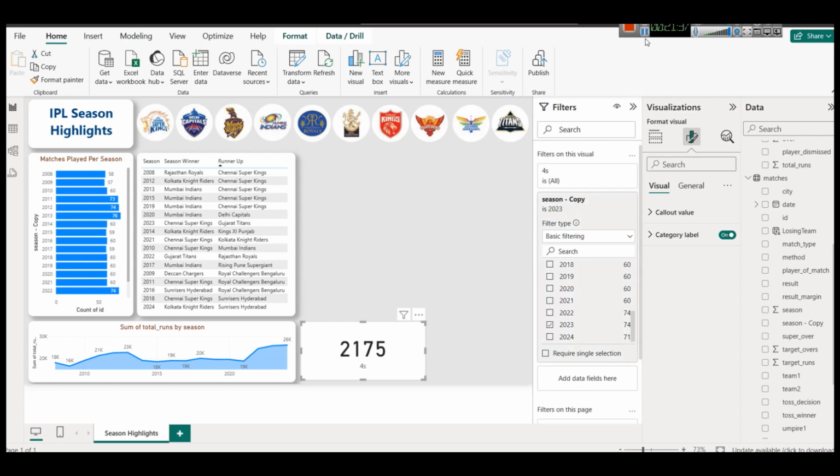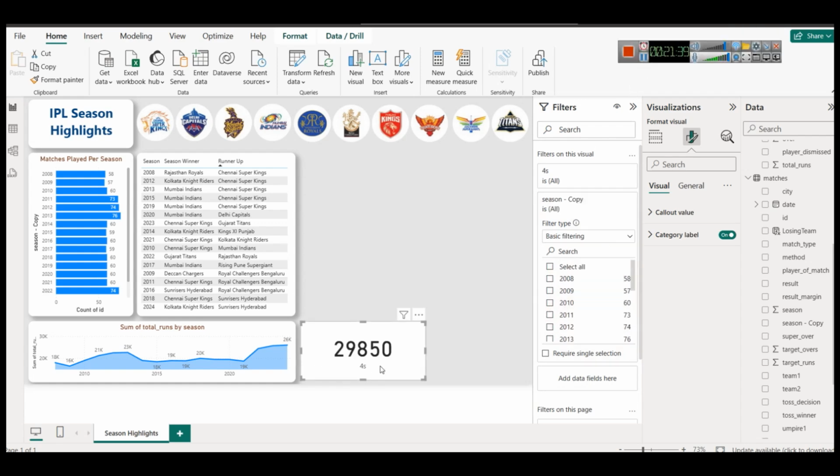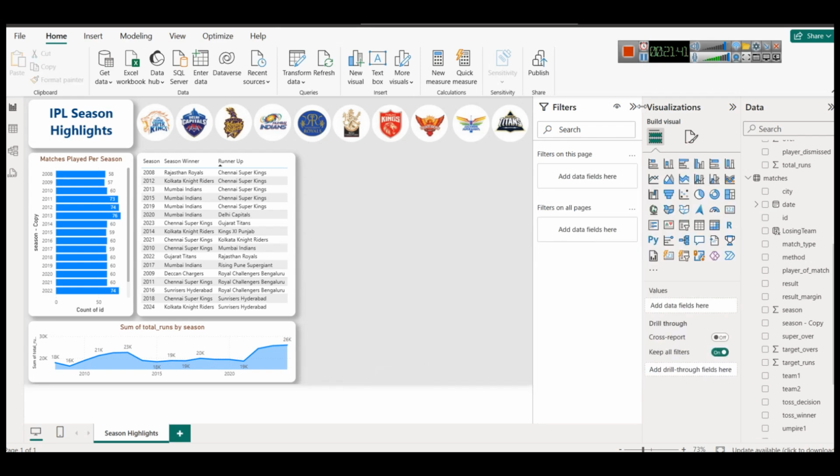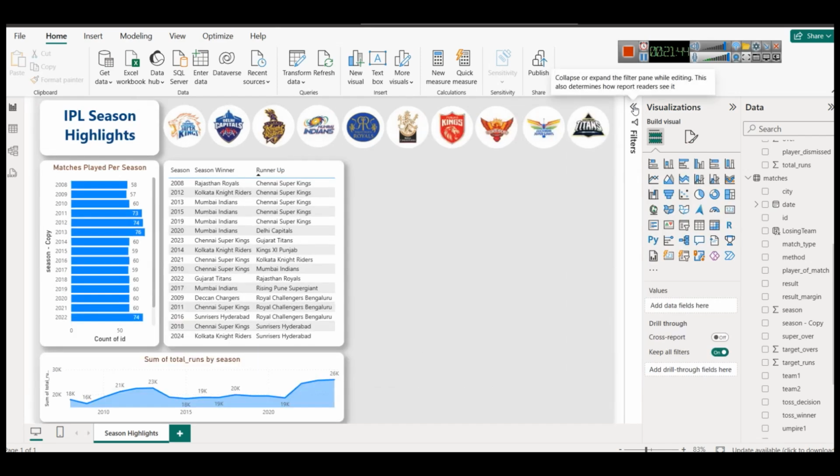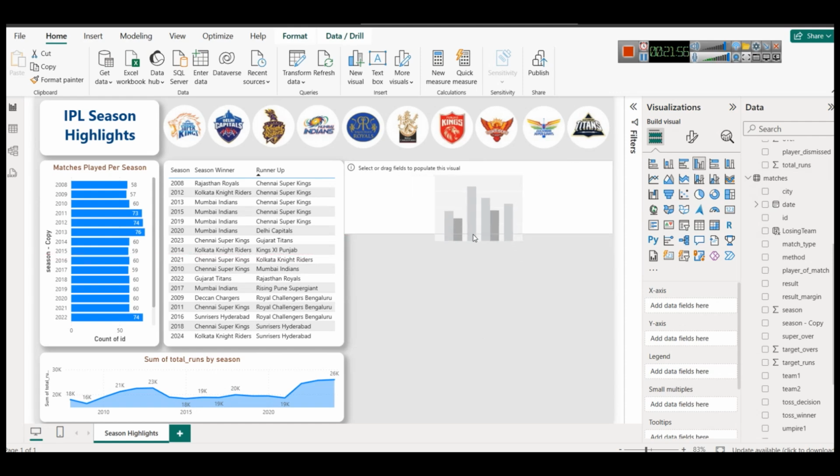Okay, so now we can see the data, and now if you want to do it season-wise, like how many fours were hit per season, we can create a simple clustered column chart. Why clustered, I will just let you know. And